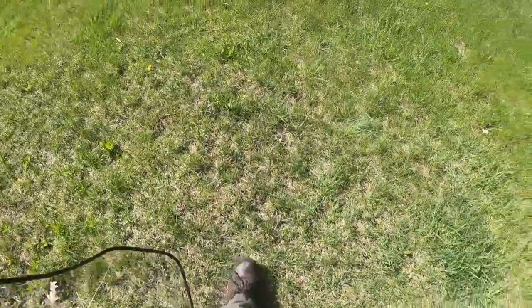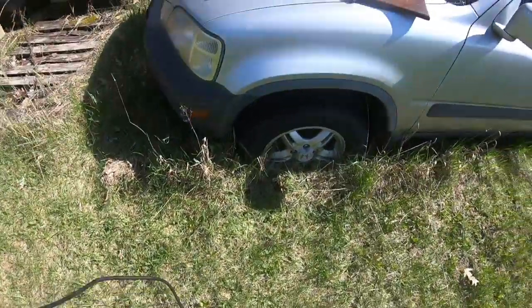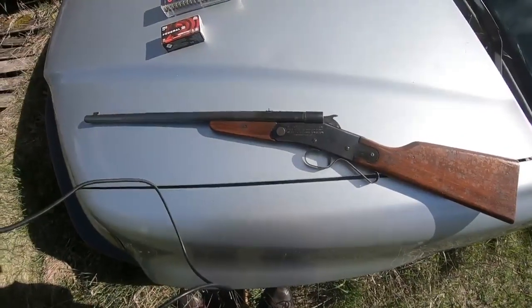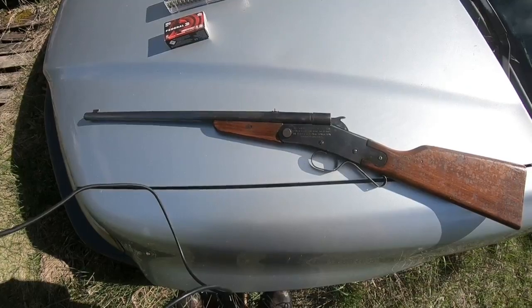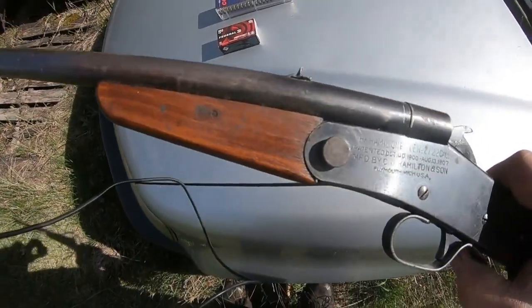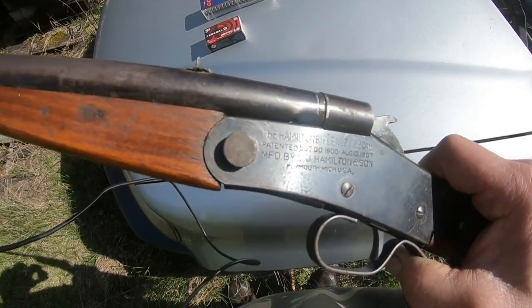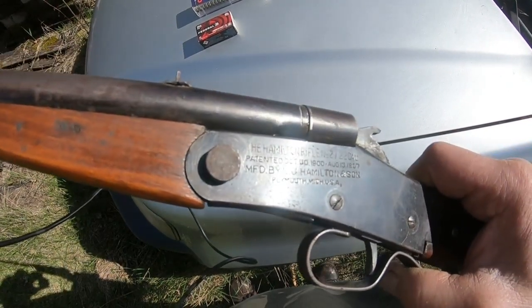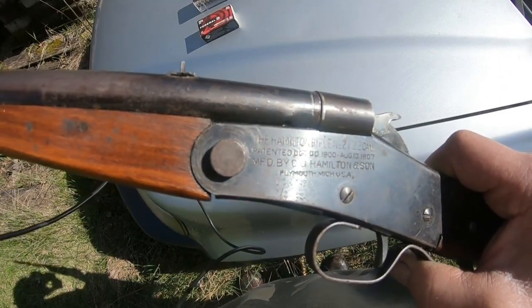Okay, we are in the backyard, and I just wanted to make a little video today about this rifle that I have here. I forgot I even had this thing. When I moved, I had to empty my safe out to get it out of the house, and I found this little thing. It is the Hamilton rifle number 27, .22 caliber, patented October 30th, 1900